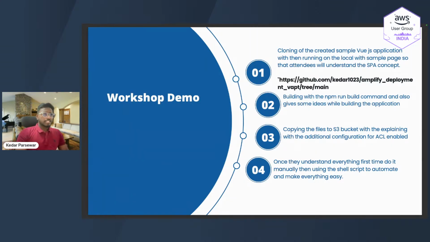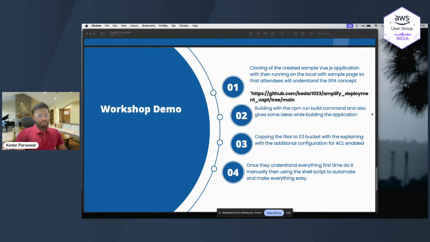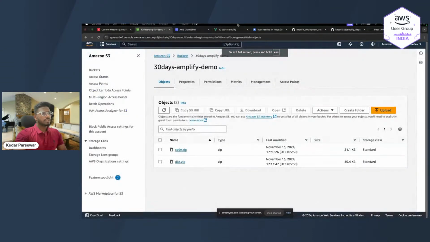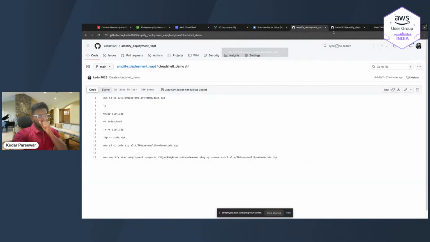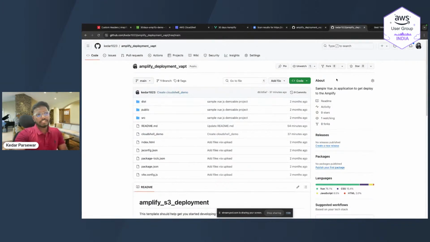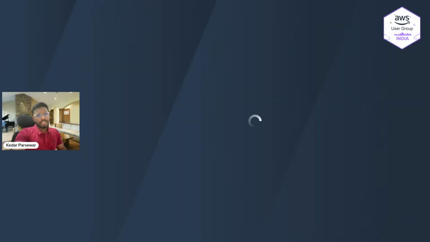If you check here, I have given my own GitHub repository. This is my repository where I had cloned my sample Vue.js application. If you see here, this is what has been cloned. What you will have to do is first npm install and npm run dev, just to check whether